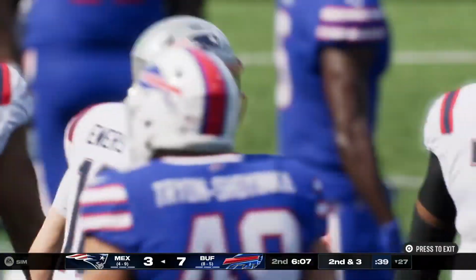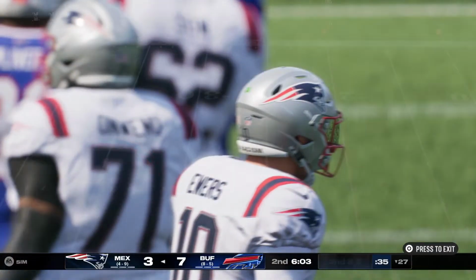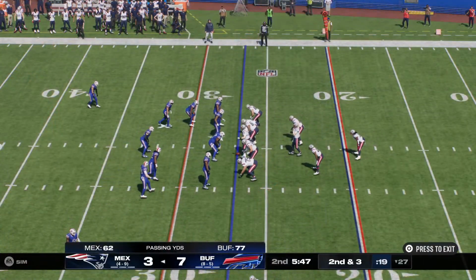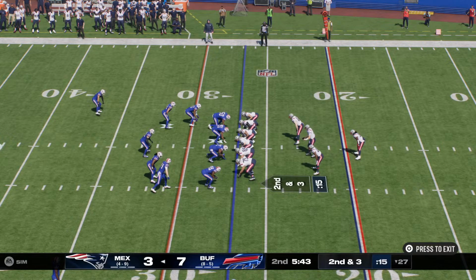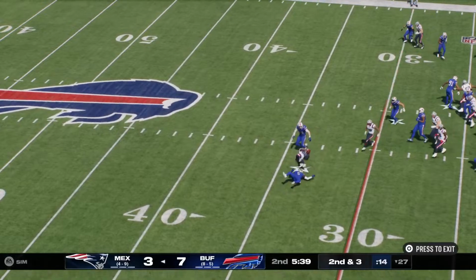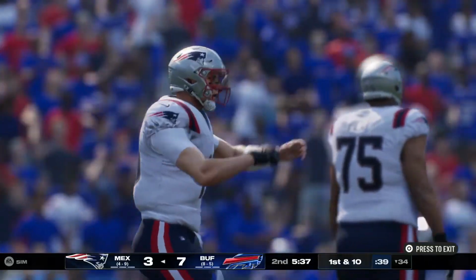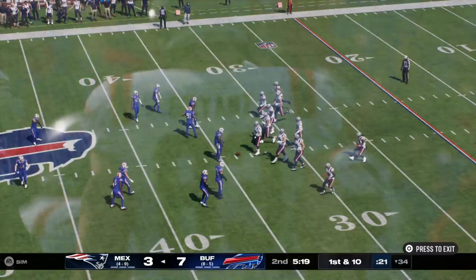He'll look to throw. And he's going to get 7 out of this before being taken down at the 27. Operating from the 27 now. Here's 2nd and 3. They'll set up to throw. Over the middle, it's complete. Rookie to rookie on the hook up there, and it's a first down.